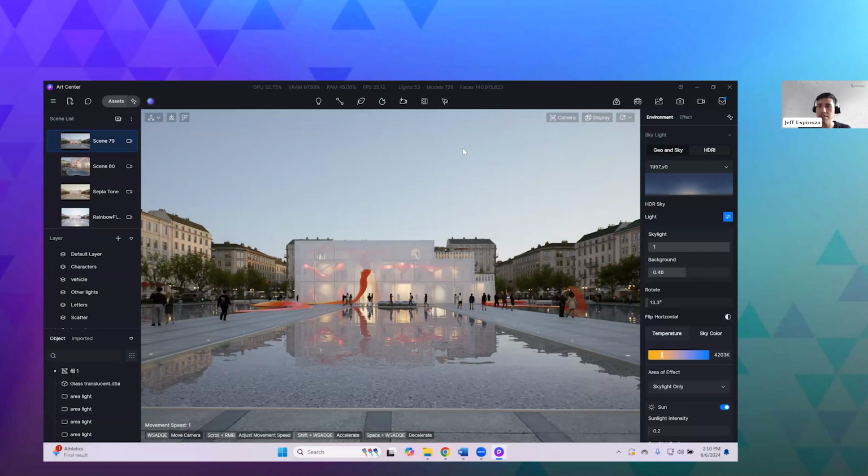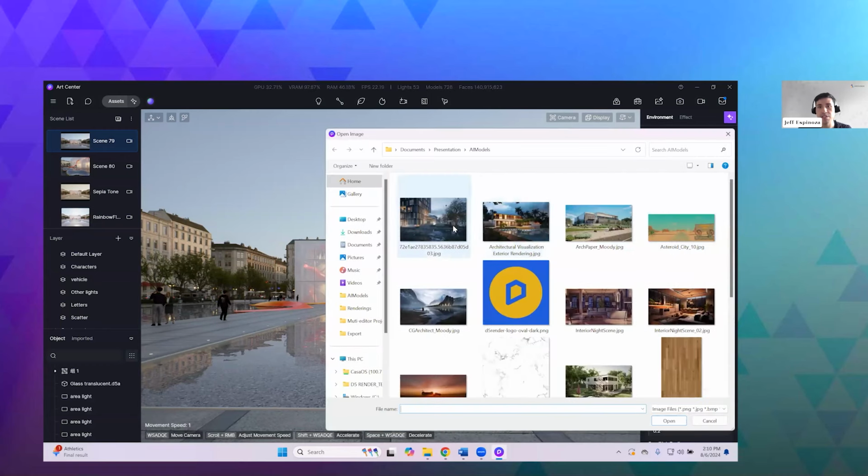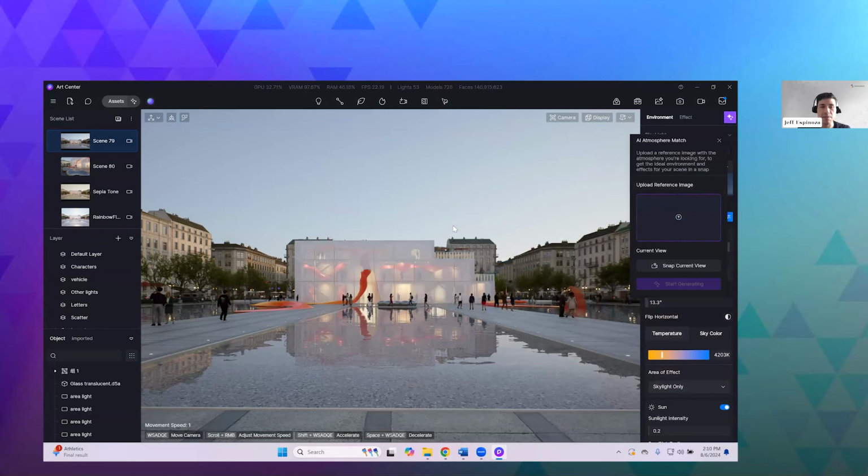The first one is this AI atmosphere match. All you need to do here is just upload a reference image. This could be a reference image that you found online, or maybe a client has a very specific look that they want you to go for. All they need to do is provide you with a JPEG file. You'll just upload it to this AI atmosphere match, and then you'll take a screenshot of your current viewport